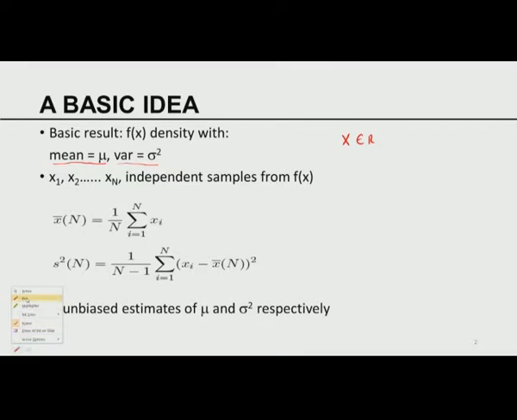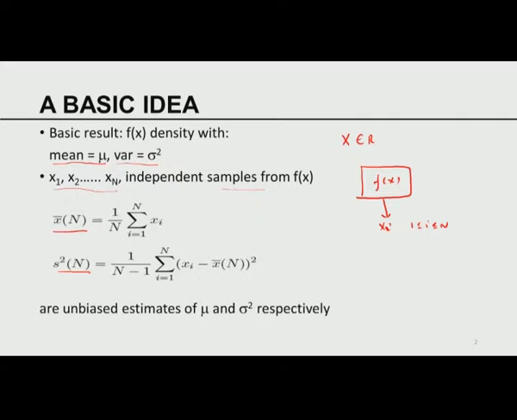Let x1, x2, ..., xn be the n IID samples. What is an IID sample? Independent samples that are drawn from the same distribution f of x. The distribution remains the same. You can think of the distribution as a black box. You ask for a number, and it will give you x_i, with i running from 1 to n. So you can draw n such samples from the same box that represents the distribution of f of x. That's called IID samples. If I have n members of the IID sample, I can compute the sample mean and I can compute the sample covariance,